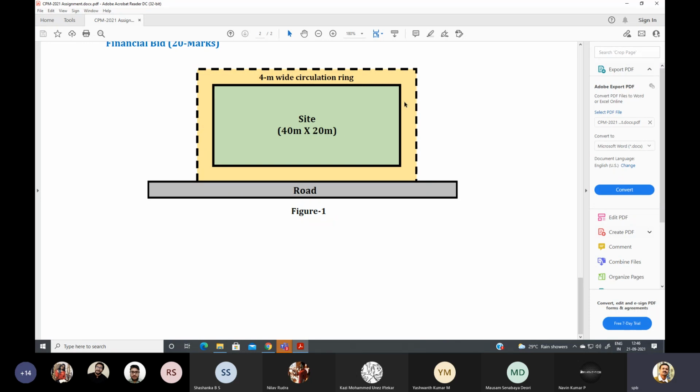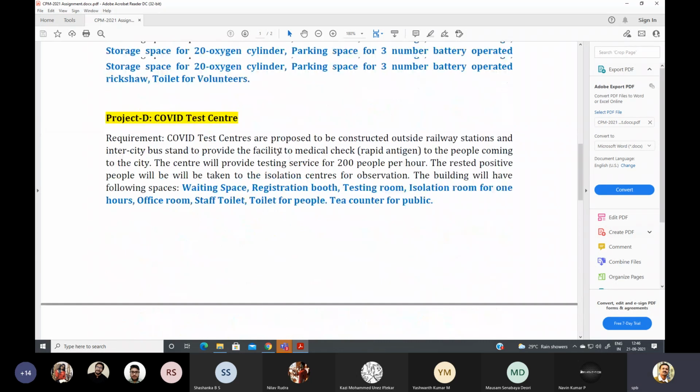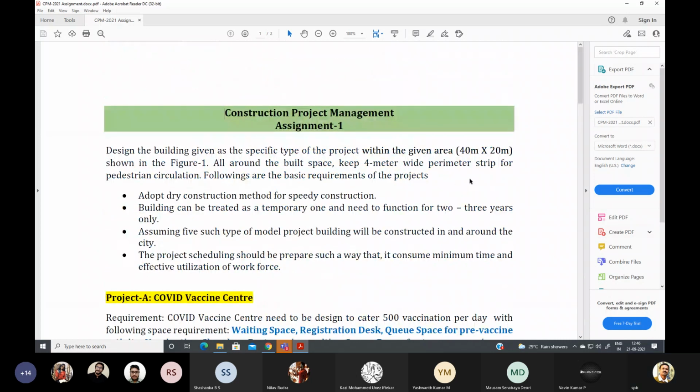That means a 32 meter green patch and 20 meter, or you can do it like that, leave it. You take the site as 40 by 20 and there are 4 meter circulation areas all around. Make it like that, no issue. Okay, so like that. And then you have to do, based on your construction knowledge,